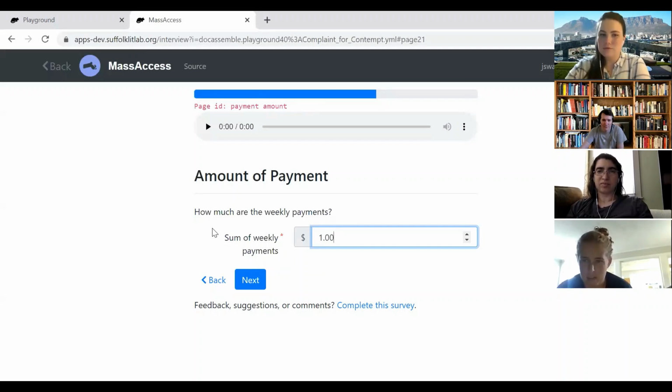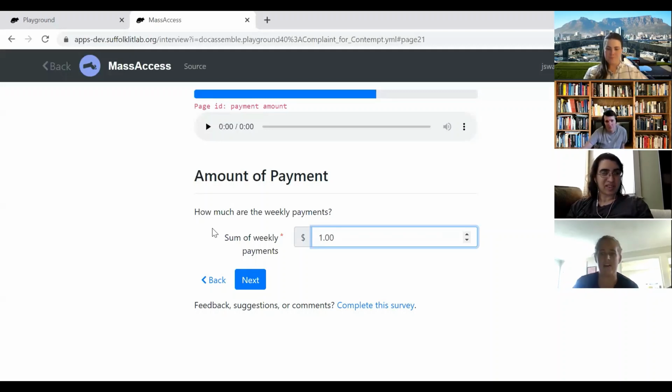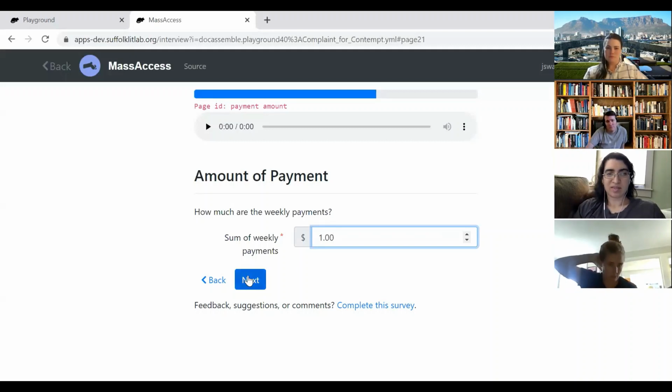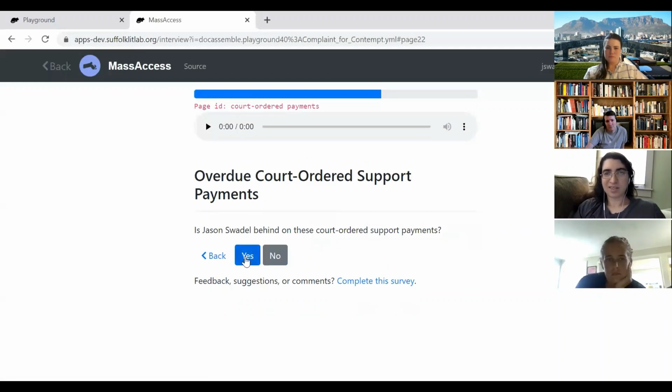I'm pretty sure it says ordered because it's in the passive voice. I noted that because what I want to do is change it to say how much did the court order so-and-so to pay. Right now it's how much are the weekly payments, so that should be fixed or edited. It should be what the court ordered. Yeah, definitely. The frequency is ordered, right? Yeah. My fault. Good catch, Michelle. Thank you.